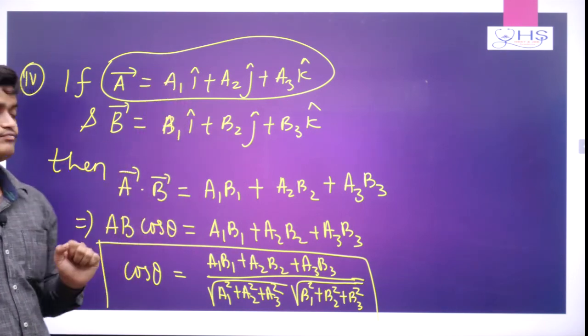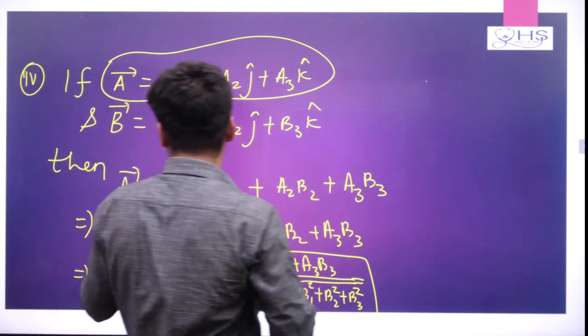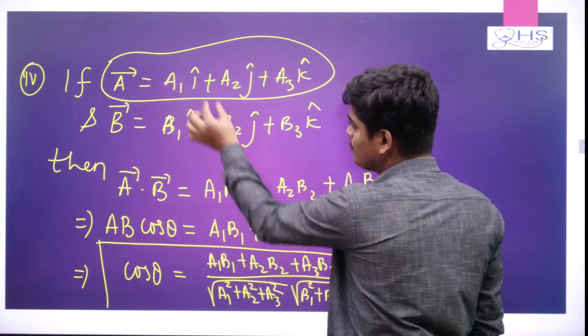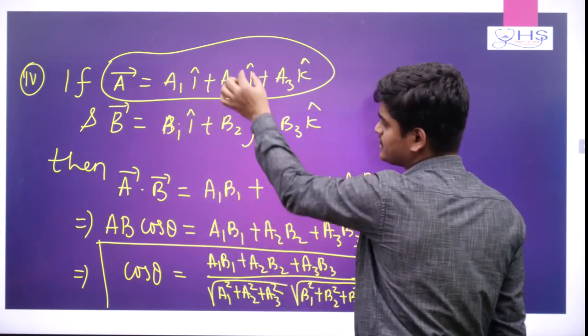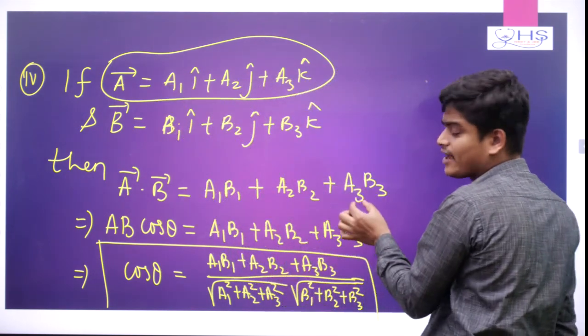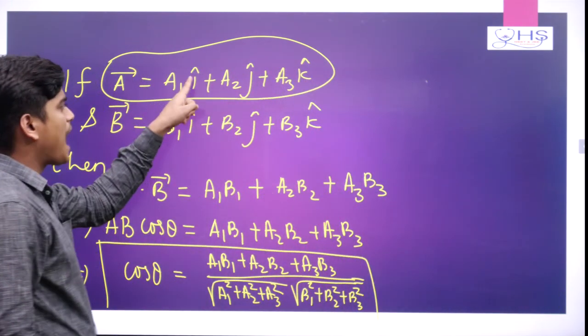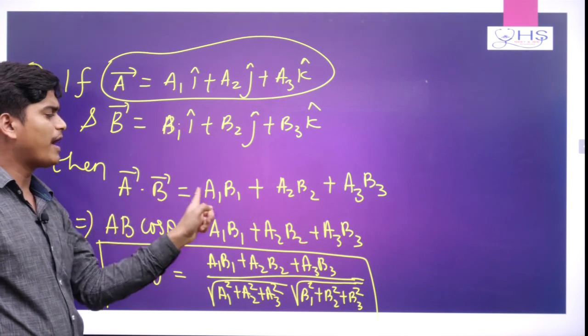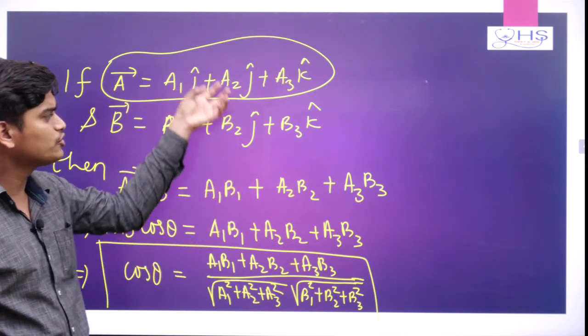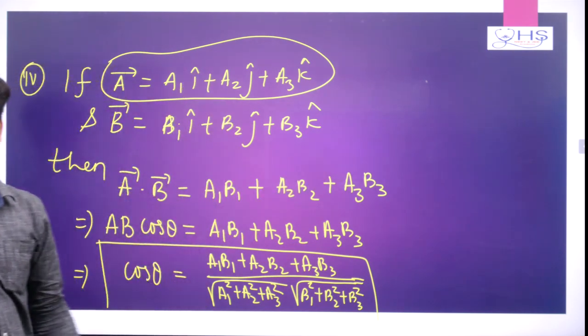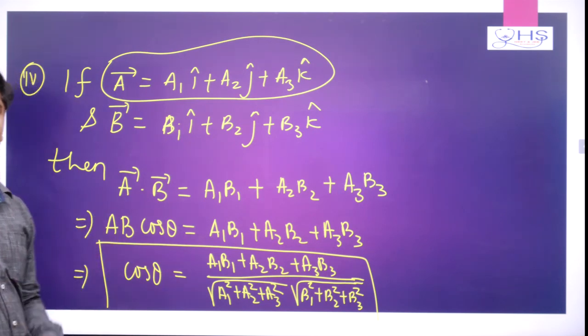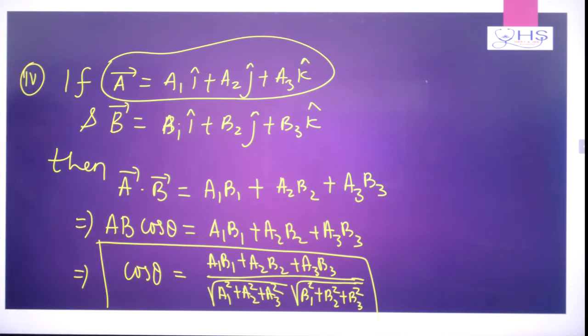And here, if you want to find a dot b, then you multiply the i coefficient, j coefficient, and k coefficient. Simply you do multiplication. Here, if it is i cap, it is minus 2, minus 3, do minus 2 into minus 3. With sign also you bring and multiply the i coefficient, j coefficient, and k coefficients. So this is the point you are understanding about the multiplication of vectors, and especially the dot product.